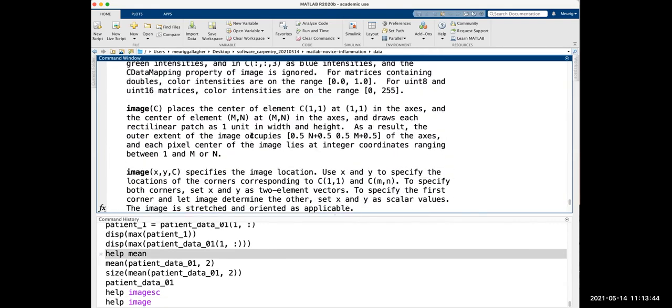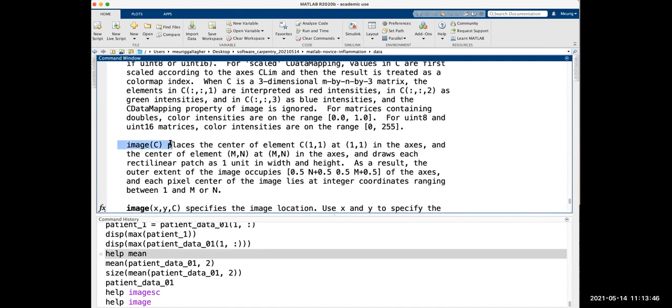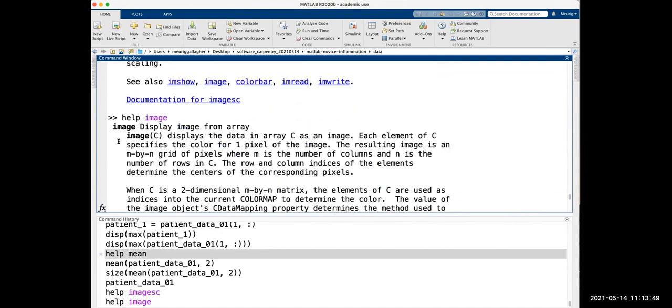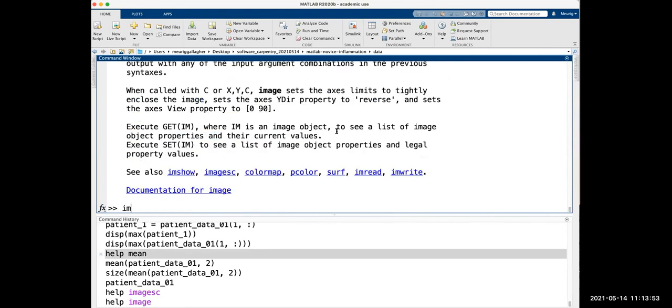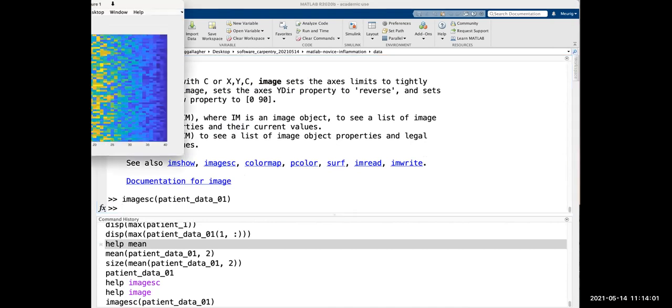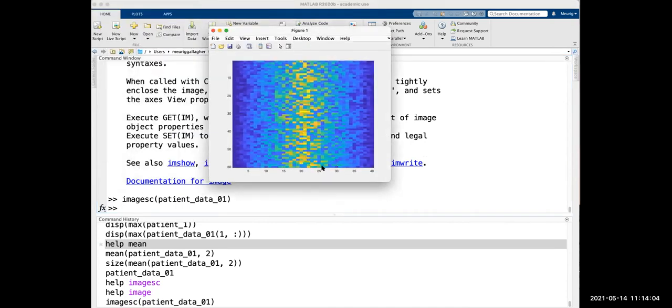And this says image(C) displays the data in array C as an image. So imagesc, and then we want to look at our patient data 01, and we hit enter, and that's going to plot our image.